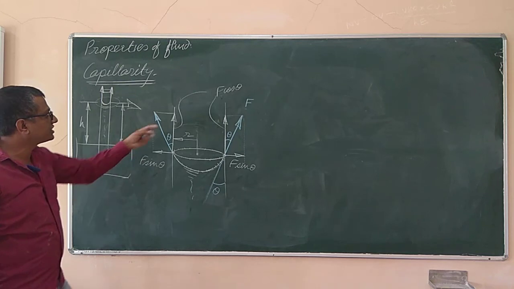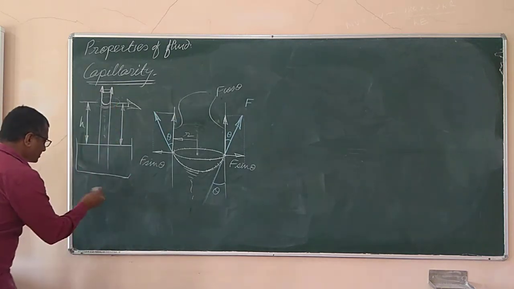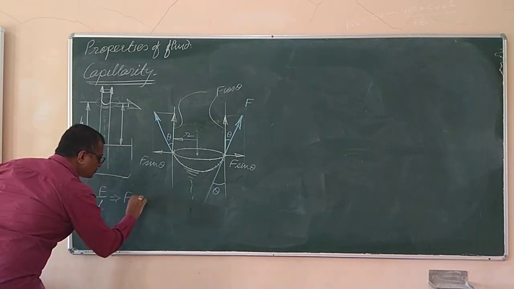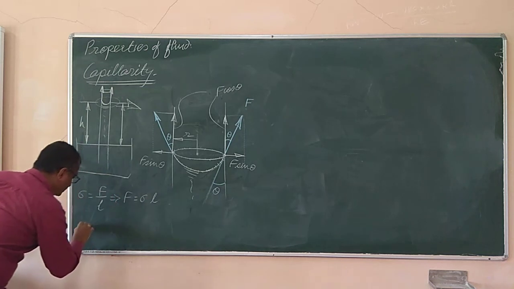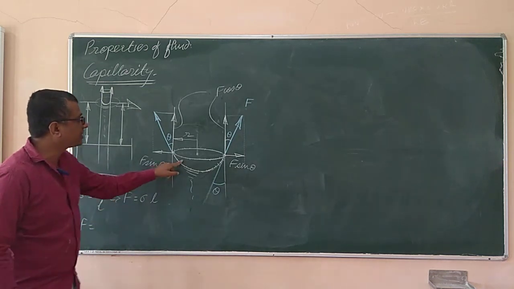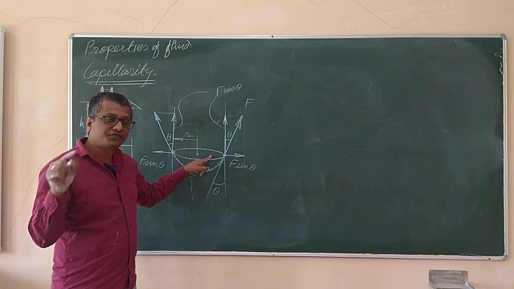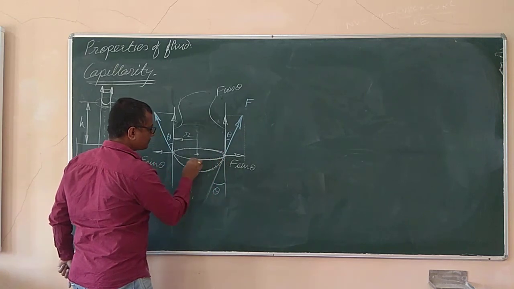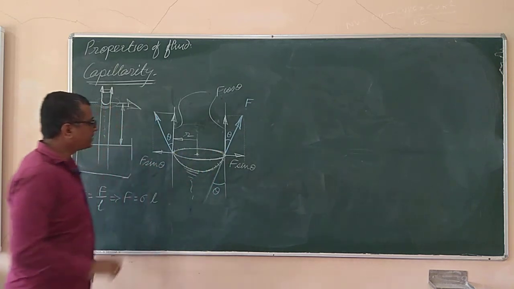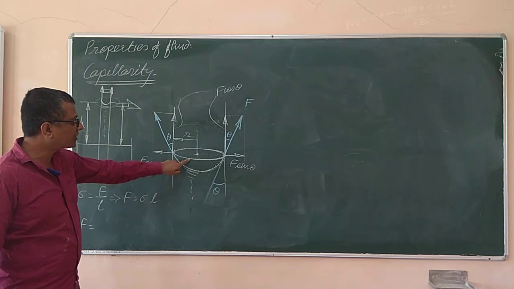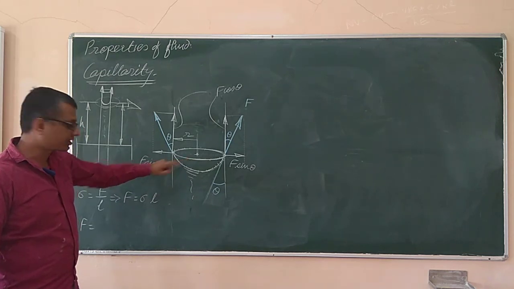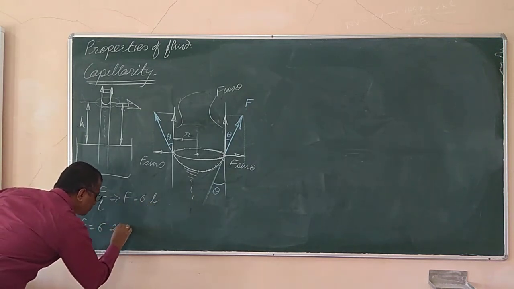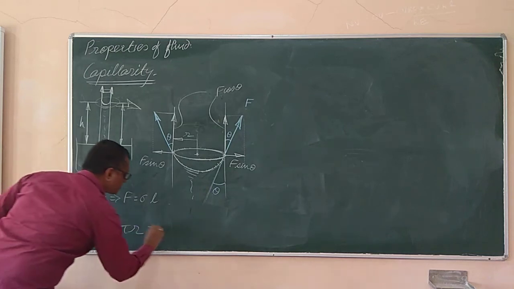So, what will be the force? First of all, let us get what is this force F. Force due to the surface tension. See, sigma is equal to force per unit length. Hence, I can write force is equal to sigma into the length L. Now, in this particular case, the effective length on which the force due to the surface tension is acting is over here, this entire periphery at the top. And that length of the entire periphery is nothing but what? The circumference of that particular circle, and that is equal to 2 pi r. So, this force due to the surface tension is sigma into effective length, which is 2 pi r. So, that is what the force is. So, this is equation number 1.